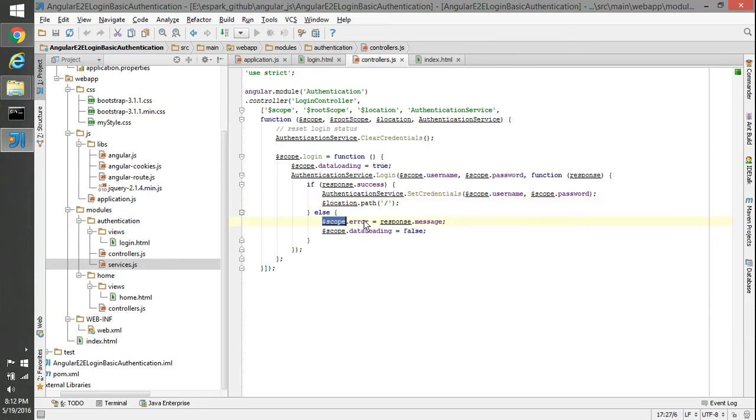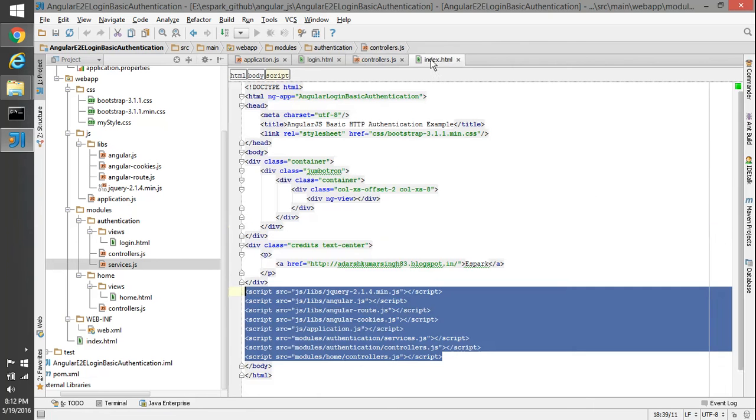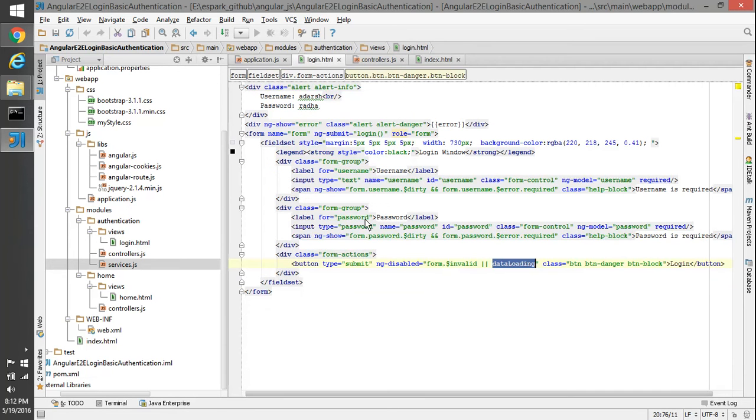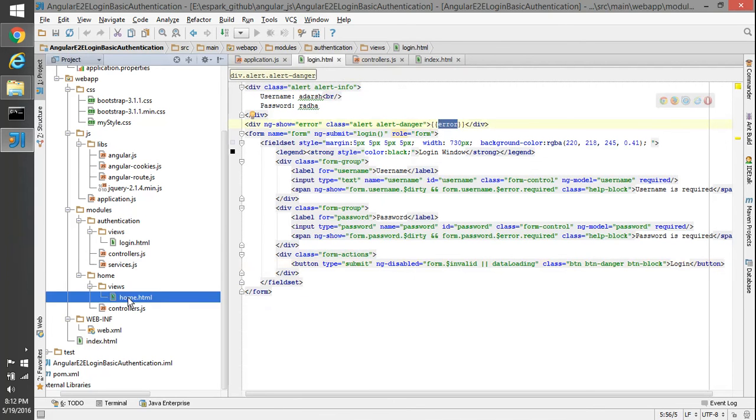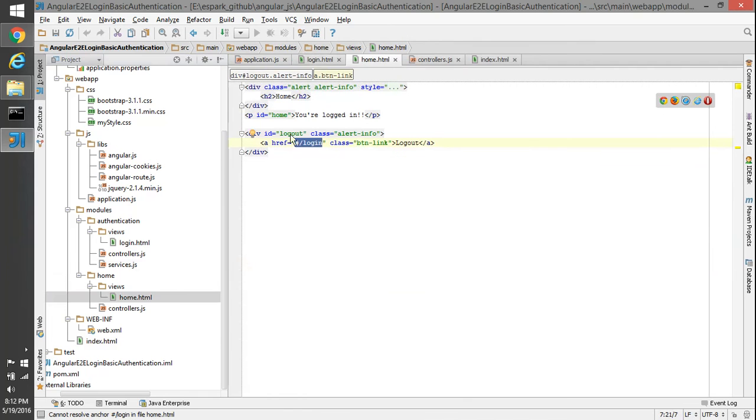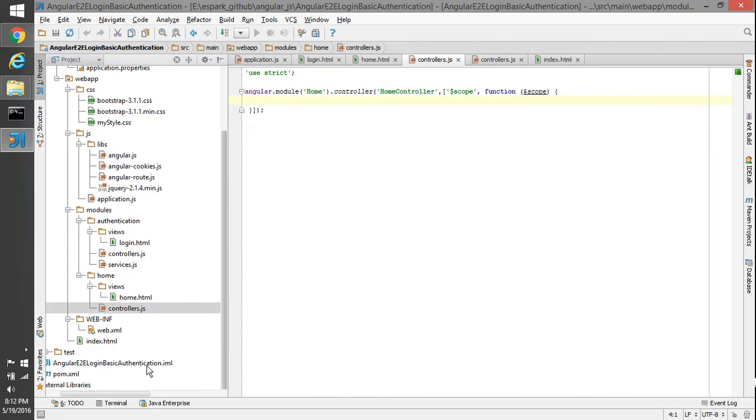If not successful, we send the response message in scope.error and set data loading equal to false. So if it fails, the alert and this error message will show in the login page. If everything is a success, it comes to the home.html page and displays all these things, and the dummy controller is responsible for that.